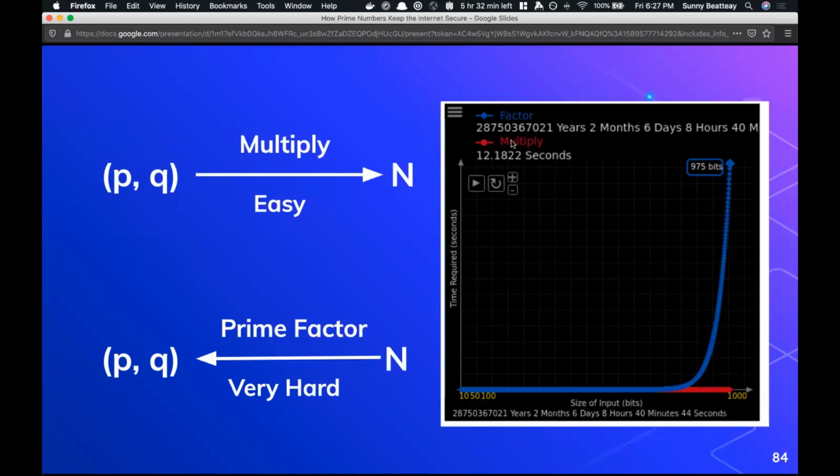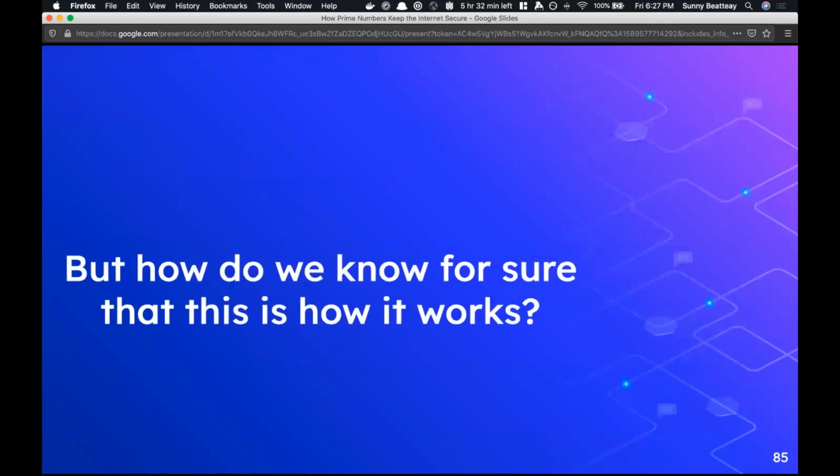Before I end this talk, I made one claim at the beginning where I said that if you use the internet today, you're using prime numbers. I just want to give some proof of that statement. I've been explaining RSA encryption in a vacuum. I'm telling you this is how it works, but I want to actually show you that this is how it is, so you actually believe me.